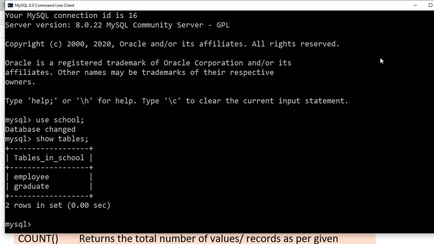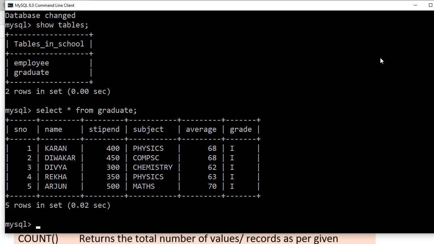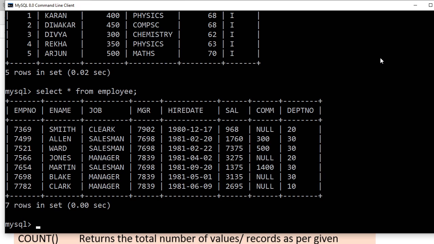Yesterday we created this graduate table from Python, so it is there. Let me see, select asterisk from graduate. Okay, like this. And select asterisk from employee. Let me see, this one is there. So we have both tables, understand?